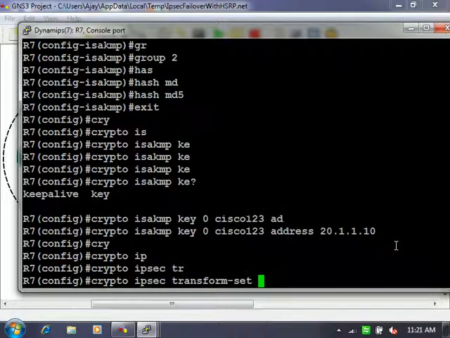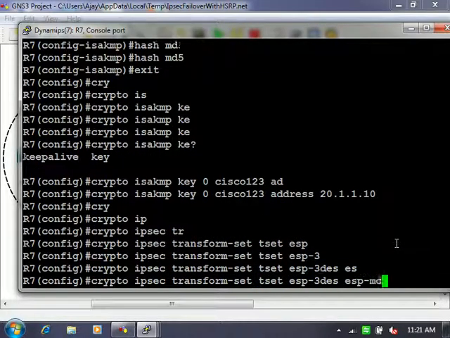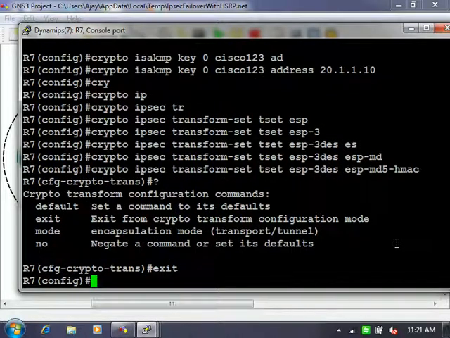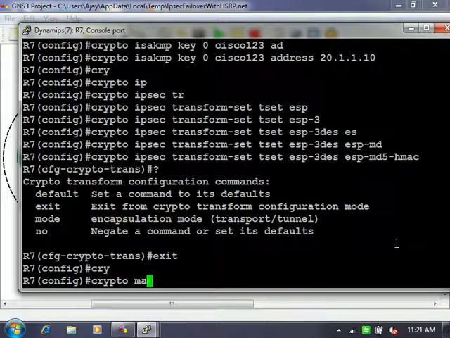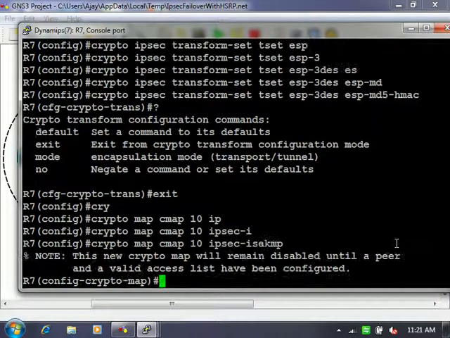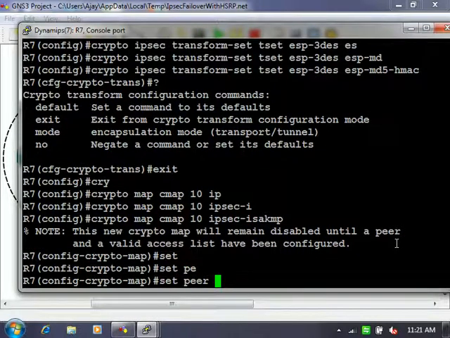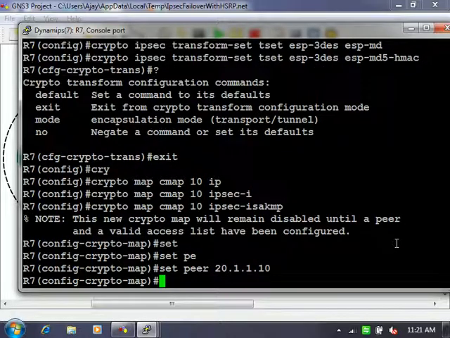Crypto IPsec transform set, tset ESP 3DES, ESP MD5. Crypto map, CMAP, set peer, match address.